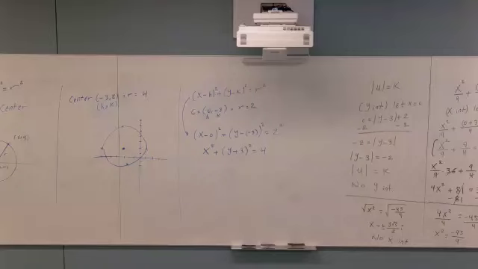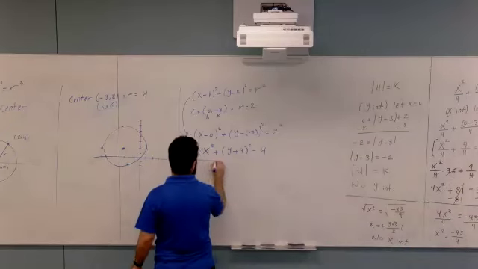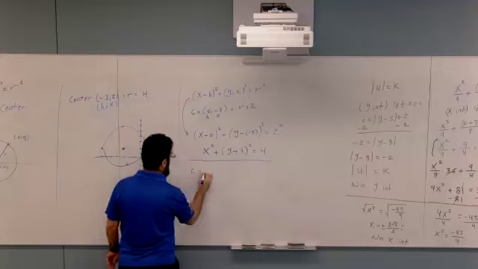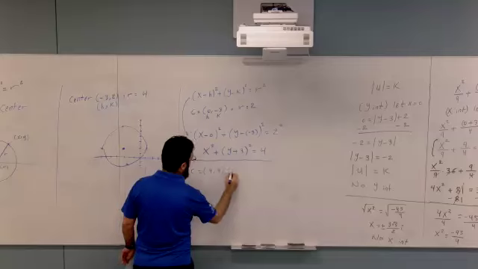Can we do the same thing with the next example? They give you the center equal to 4 and 3, and the radius equal to